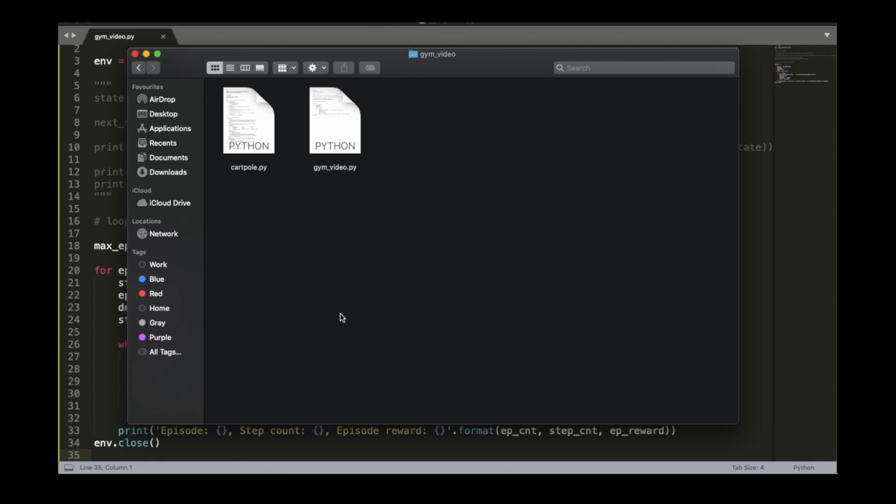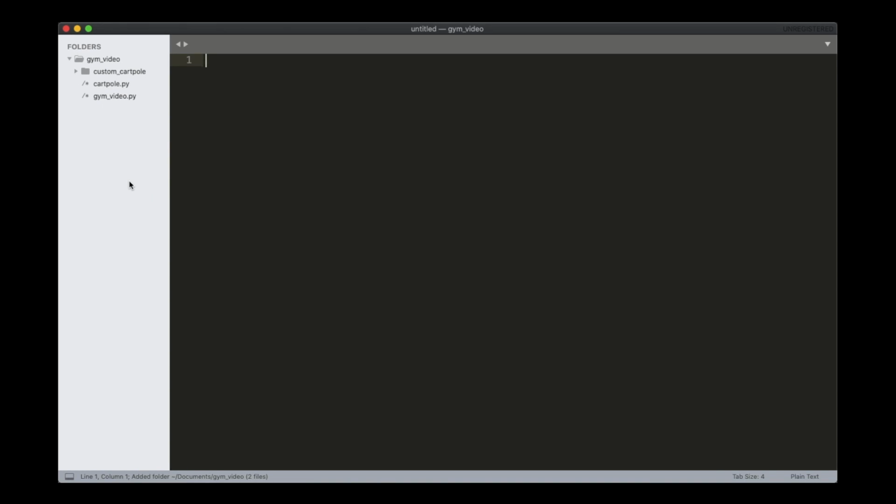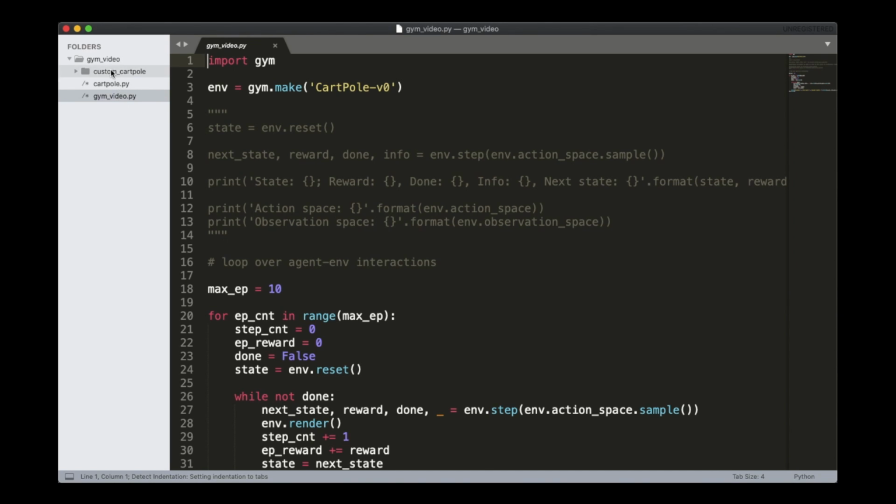Okay, with that done, step 1 is to replicate the folder structure here. In this video, we create a folder named custom_cartpole, within which we create another folder with the same name. And within this nested folder, we create another folder named envs. You can of course change the names of the folders as per your needs, but be sure to reflect the change in the code that will be presented in the next steps.